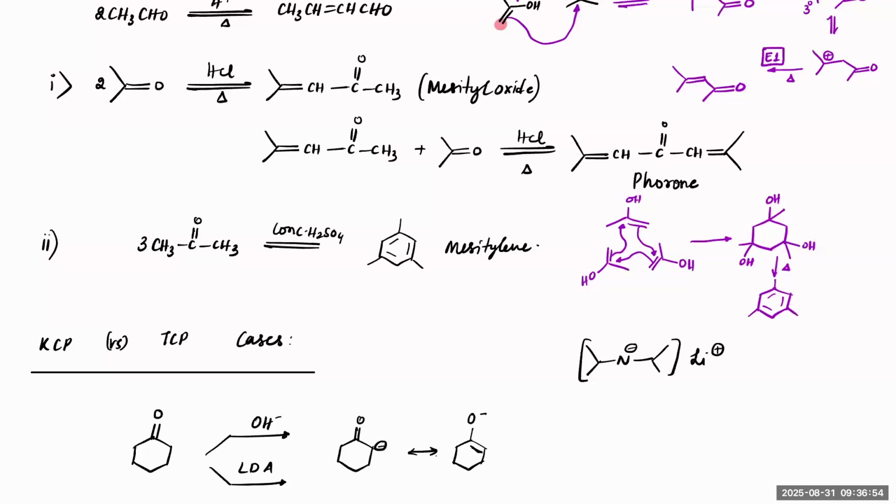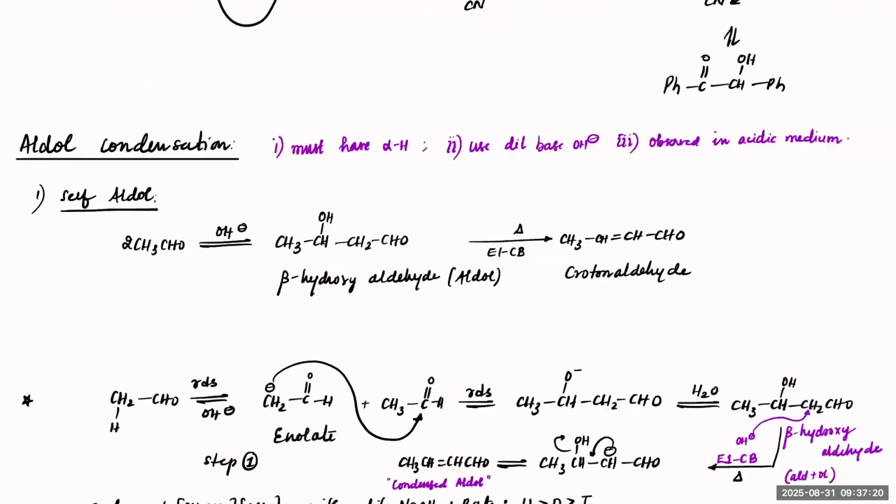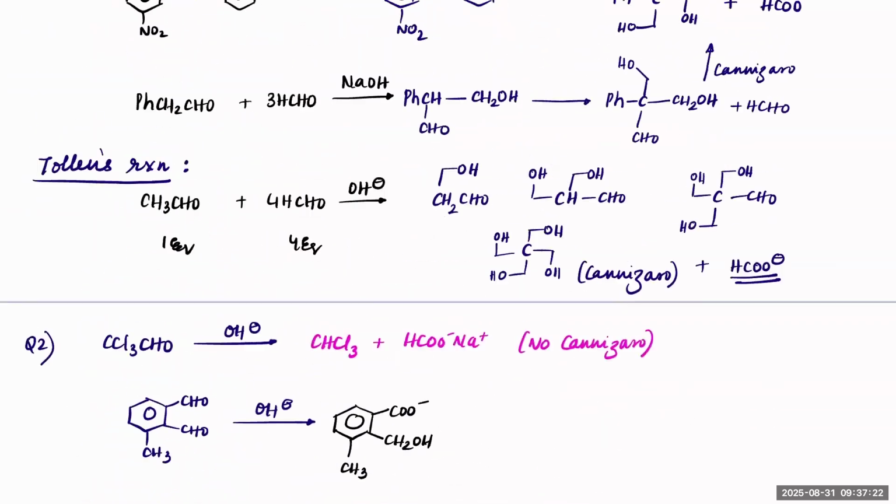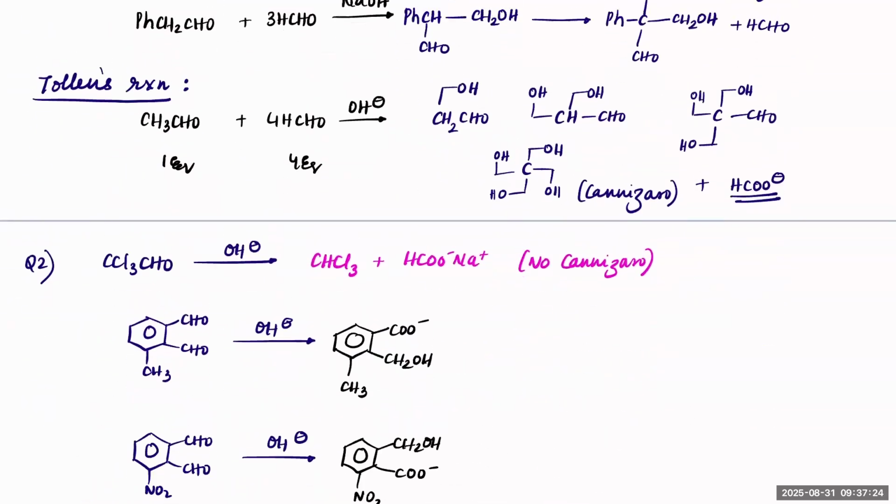Girls, these are very standard questions. So remember, acetone, if you treat with 2 moles of HCl, you will get mesityl oxide. 3 moles of HCl, you will get phorone. With concentrated H2SO4, the same 3 moles will give you mesitylene. Okay? What is mesityl oxide, what is phorone, and what is mesitylene? Remember these 3 cases. Clear now? Right. Okay. Now let me go back to that reaction I was discussing earlier, which is